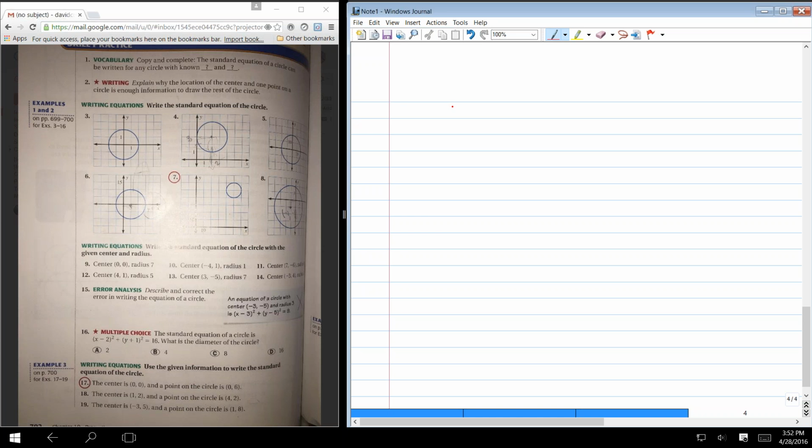Start it off based on the center. The center allows you to write everything on the left side of the equation. 1, 2. And the point on the circle, we'll get to that in a second, 4, 2. Let's write as much as we can. X minus 1 squared plus y minus 2 squared